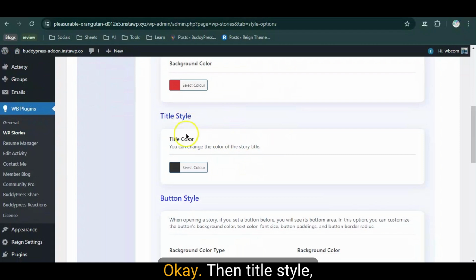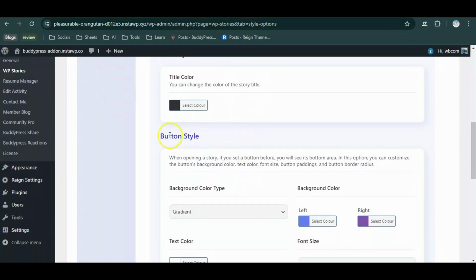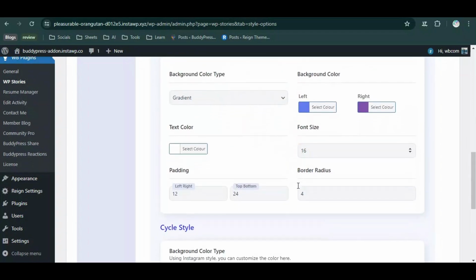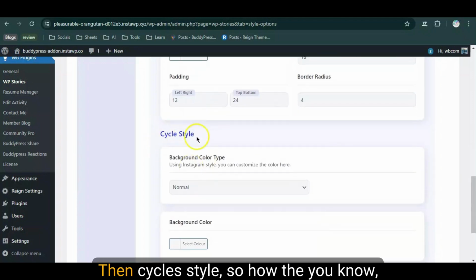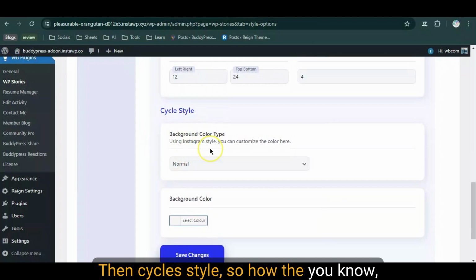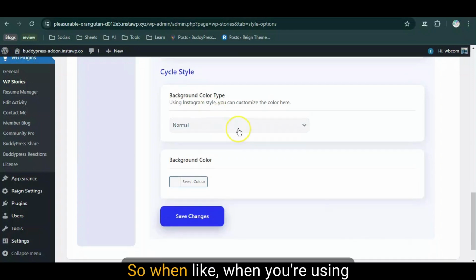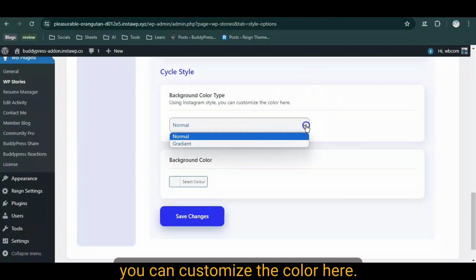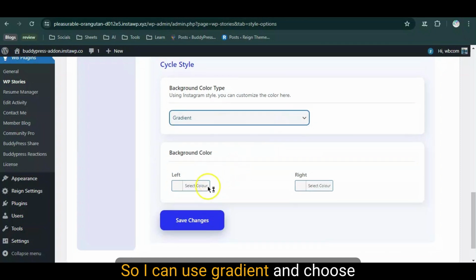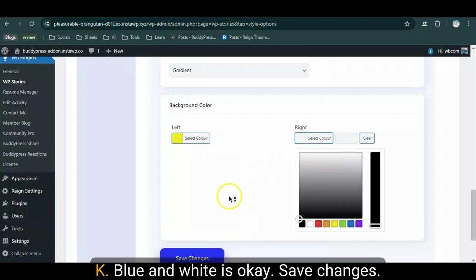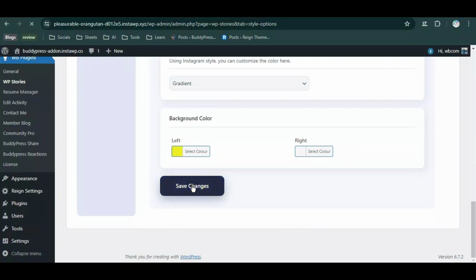Then title style I can choose as black. Button style, I can also choose how I want my button to be shown. Then cycles style, so how the background color of that cycle will look. So when you're using the Instagram style, you can customize the color here. So I can use gradient, then choose the color, let's say yellow. Okay, white is okay. Save changes,